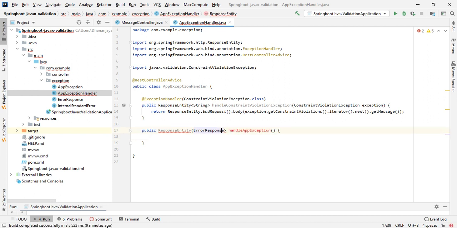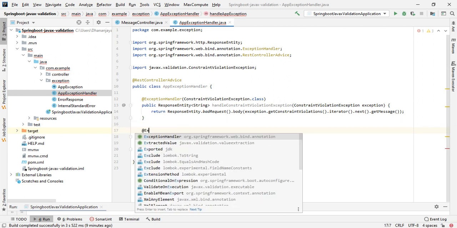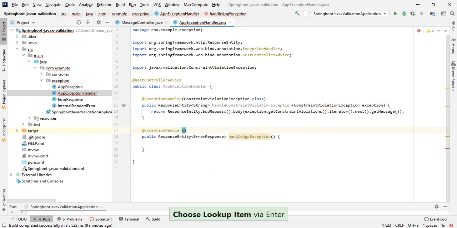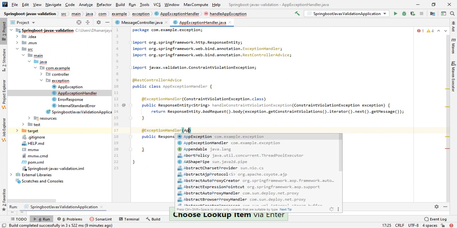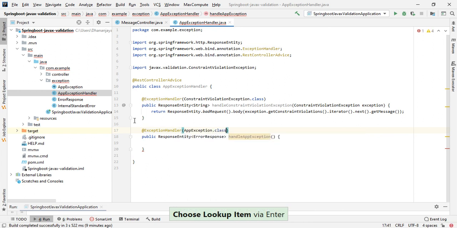Sorry, I need to use @ExceptionHandler. Okay, add that exception handler. Inside that I need to pass AppException.class. This AppException, whenever we will get the AppException, then automatically this method will get called.